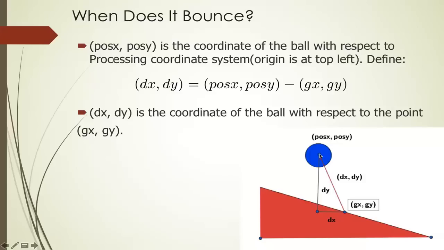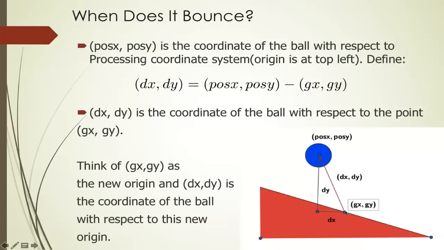So in other words, it's the position of the ball relative to this point. Another way to think about this is that you think of gx, gy as the new origin, and dx, dy is the coordinate of the ball with respect to this new origin. Okay, so now